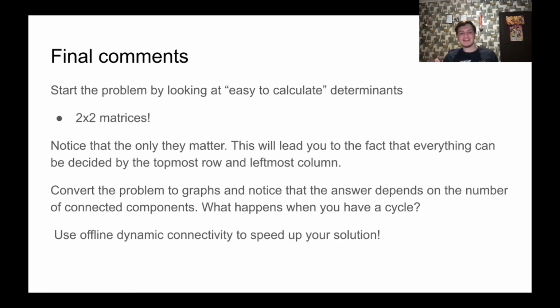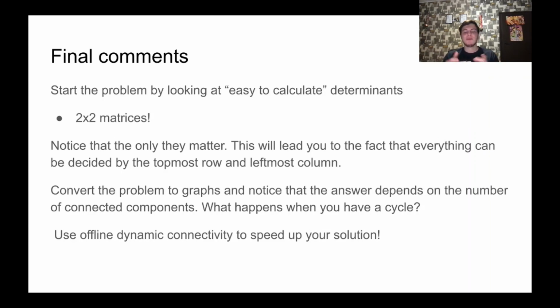In this case, we can obviously see that this is equal to the number of vertices in our graph. So you don't have any edges, and the answer is p minus 1 to the power of the number of vertices. And then when you add just one edge, you can see that the answer just becomes p minus 1 to the power of 2n minus 2. So in some sense, the answer just depends on the number of connected components. And if you have figured this out, you should immediately get a solution for the third subtask,